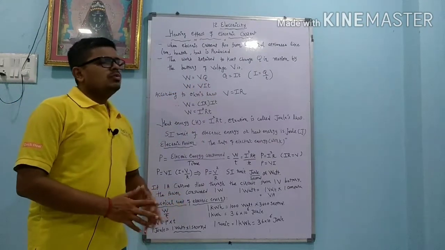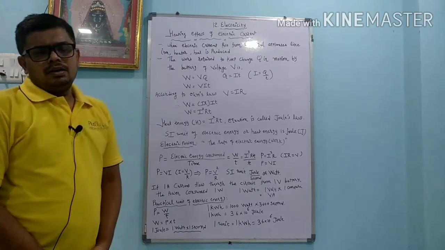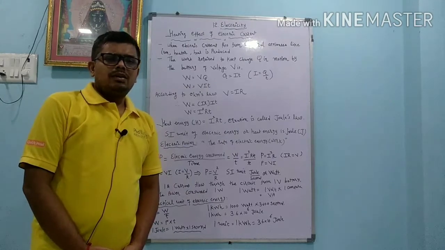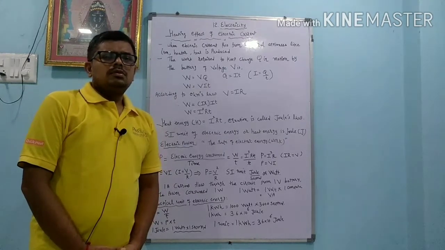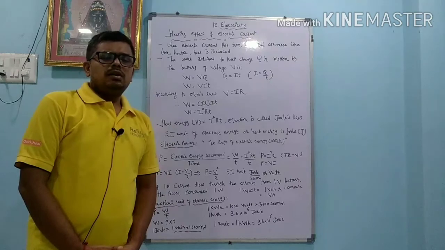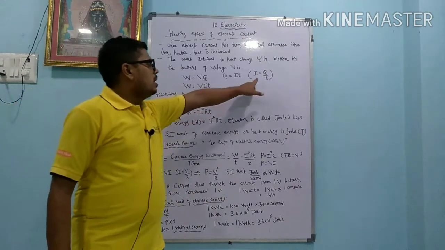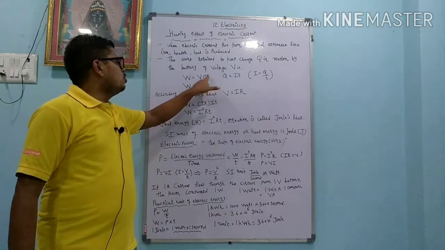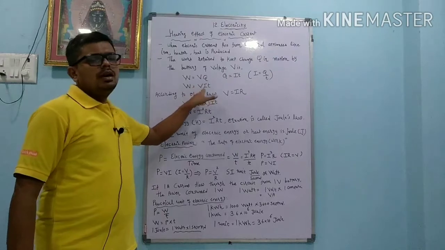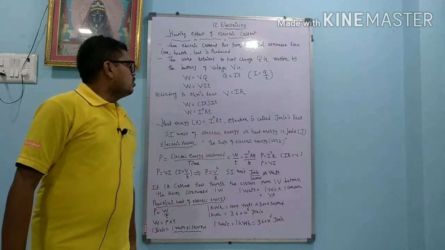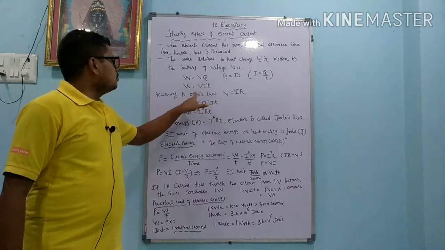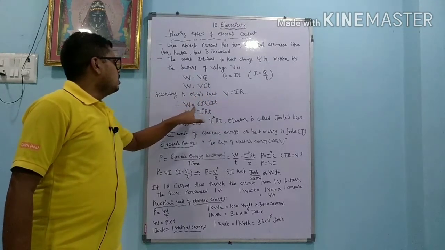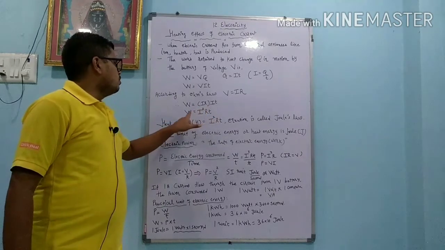Dear student, we already know that I equals Q by T, that is the definition of electric current. The number of charges passing in unit time is called electric current. Using I equals Q by T, we can write Q equals IT. Substituting Q equals IT, W equals VIT. Now according to Ohm's law, V equals IR. So instead of V we write W equals IR into IT,